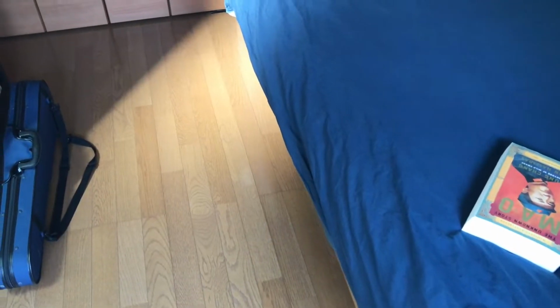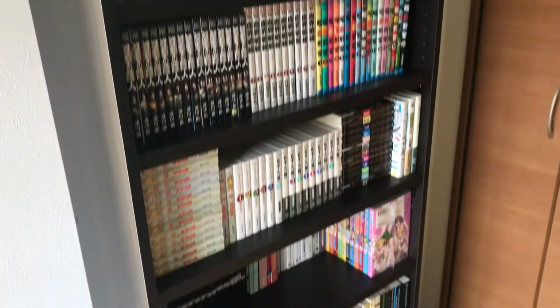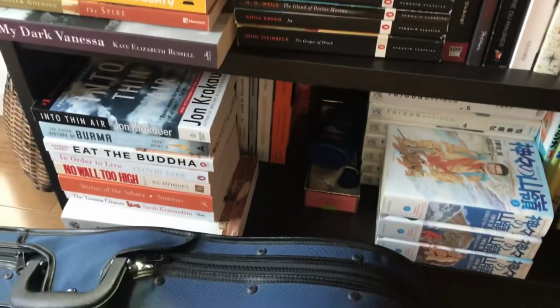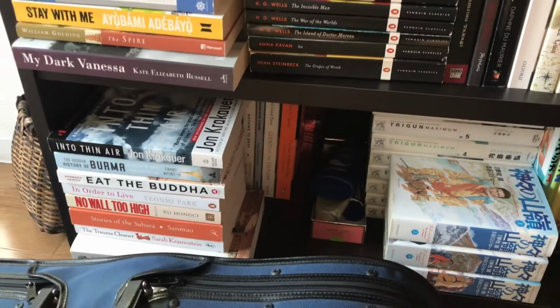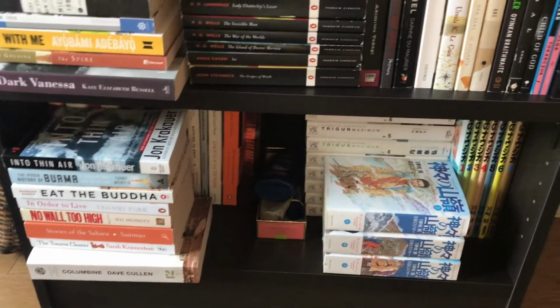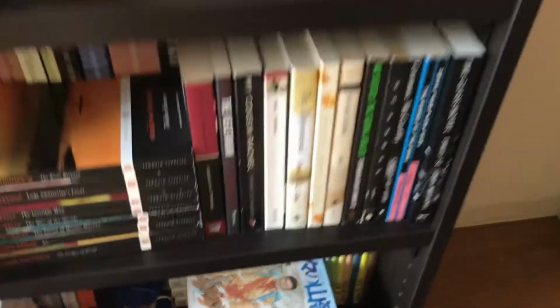All right, adventure time. Let me show you what we're dealing with. So this bookshelf has a bottom shelf, but I mean, it's non-fiction, and then, sorry, my violin's in the way. Just non-fiction and then oversized manga. So nothing to see here, but the ubiquitous,